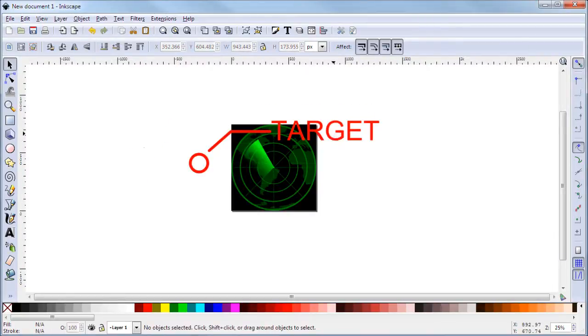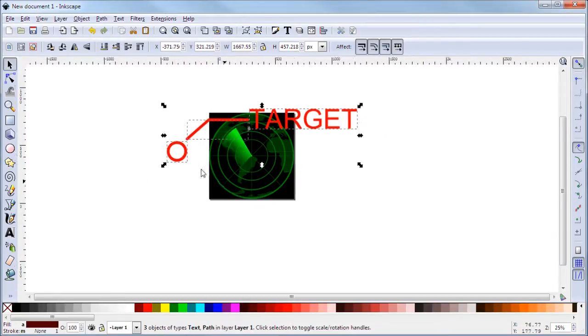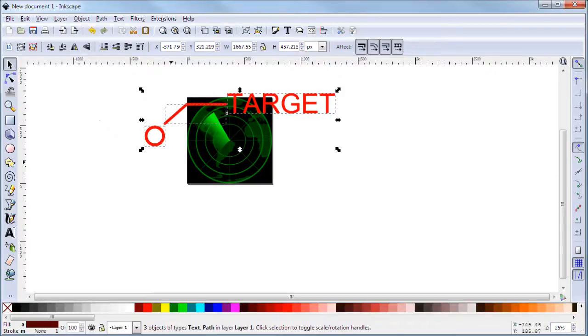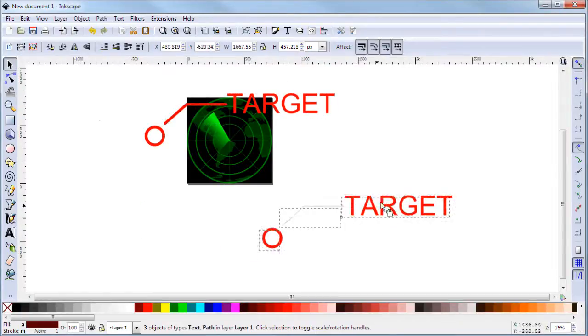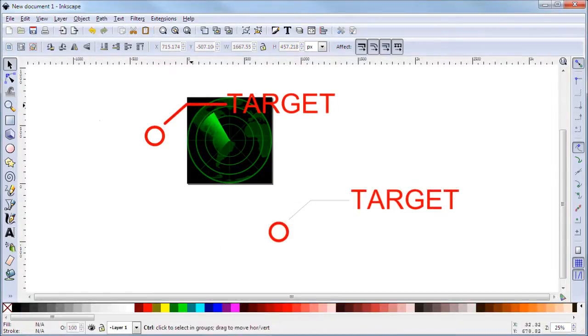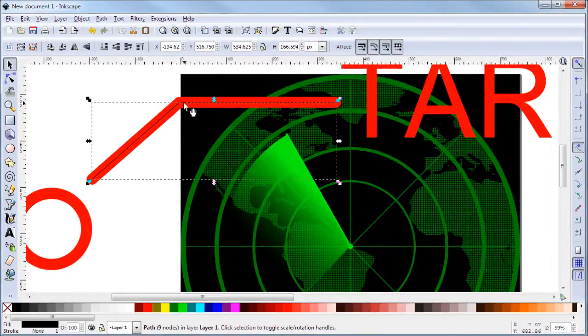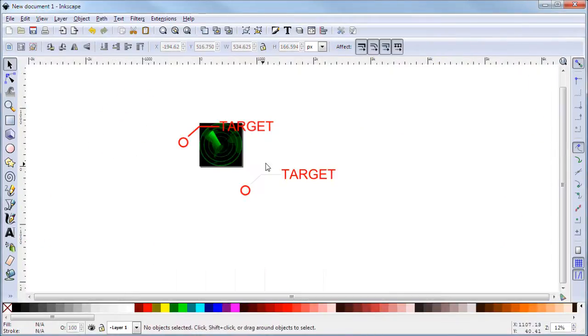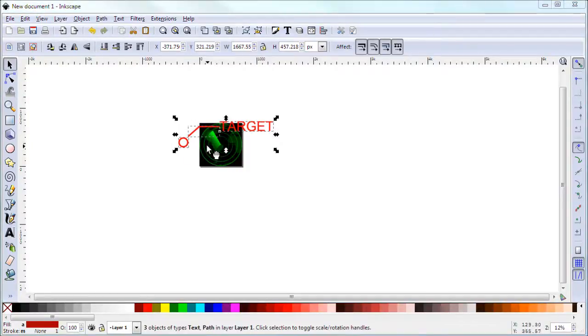And then of course we have to do something else because we just don't want the target. So select all of that and duplicate it, Control D. Oh, what happened? I've selected the middle one. I don't need that. So delete this, and then again